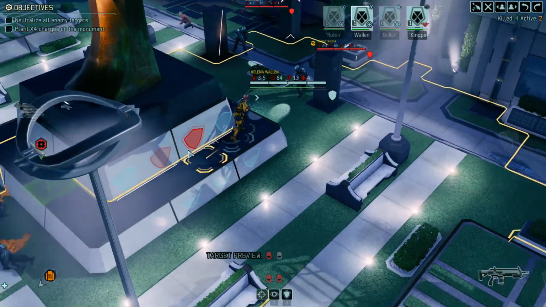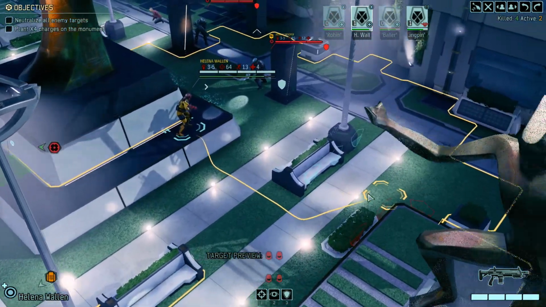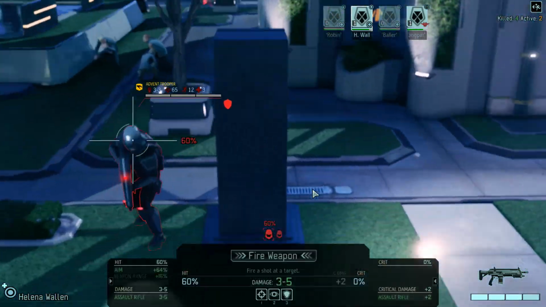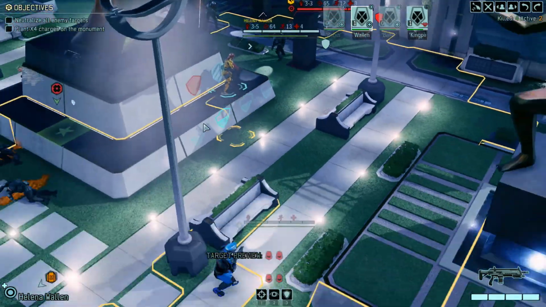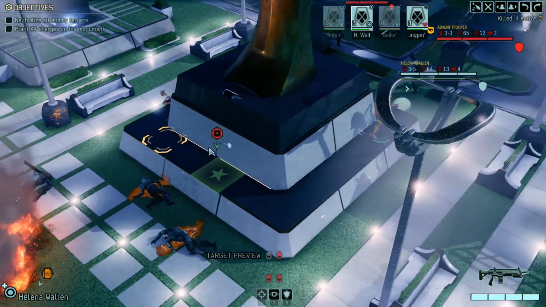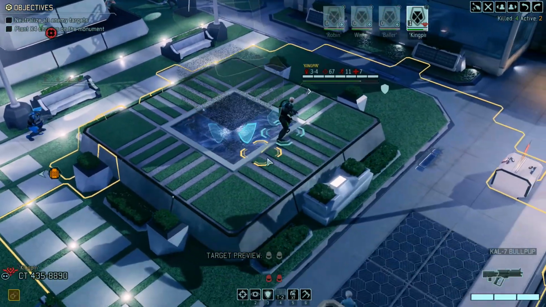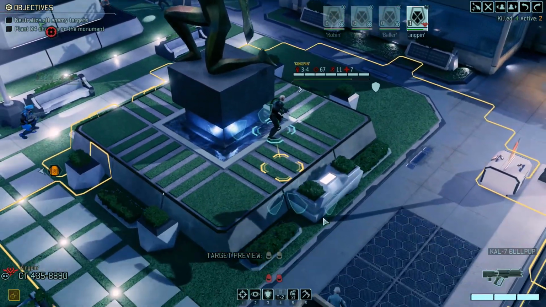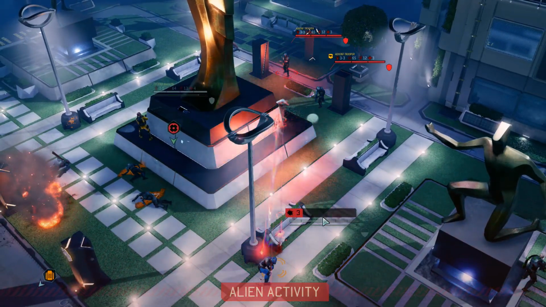That's annoying. Know what you're gonna do. Risk is 60% though. 60% though. Okay, let's hope that doesn't end up being a flank. No trespassers. Okay, you're just...